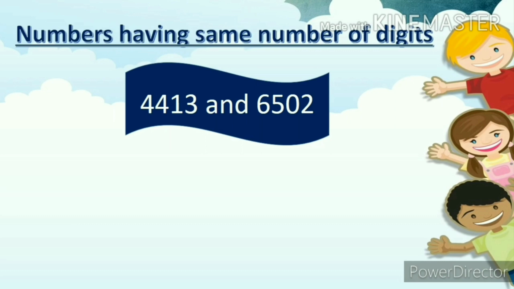Just now, in the first situation, we learnt about comparing numbers that had different number of digits in it. And we learnt that greater the number of digits, the greater becomes the whole number. Now, what when numbers have the same number of digits? That is, both the numbers are 2-digit numbers or 3-digit numbers or 4-digit numbers. Now, what can we do in such cases? We'll look at some of the steps which will help us compare such numbers.